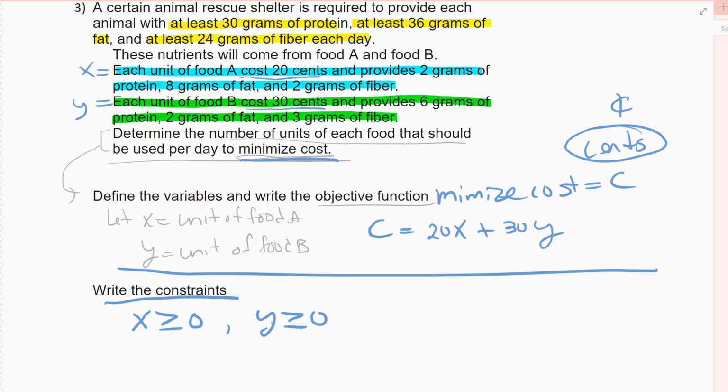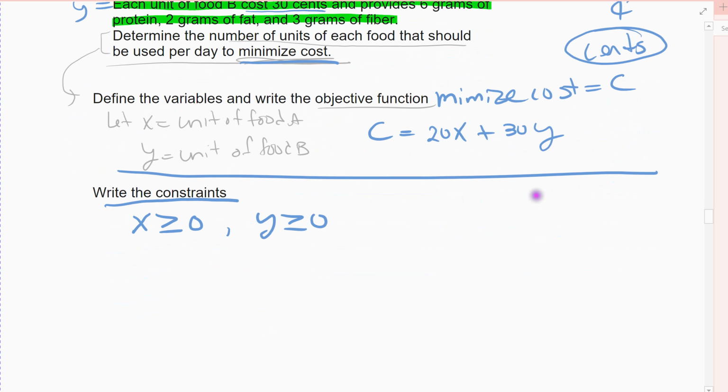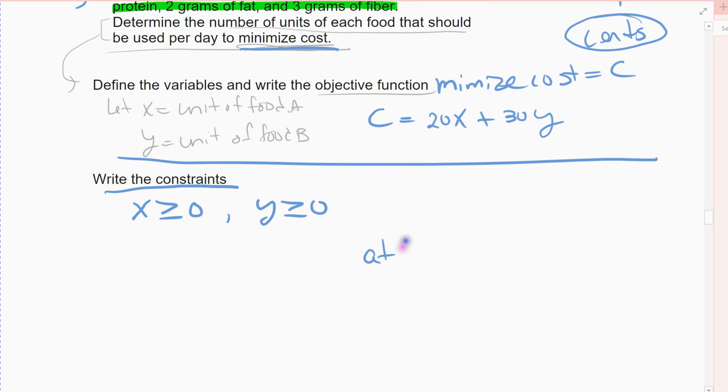I could have 0. I could get all of food A, which would zero out B, or all of food B, and it would zero out A. But I have to have positive amounts. So remember, it's really easy. If I'm going to forget something, I'm going to forget those implied inequalities. My values have to be positive when I go to graph them. Then I have my at least so much protein, so now I'm going to write down my at least